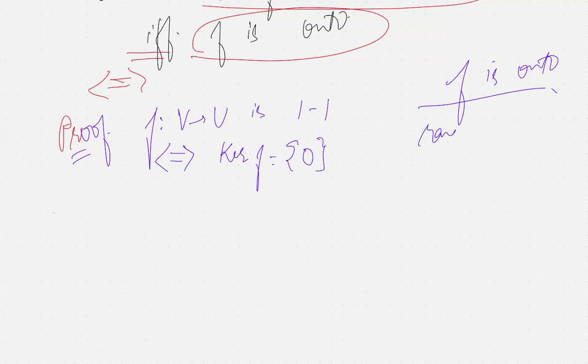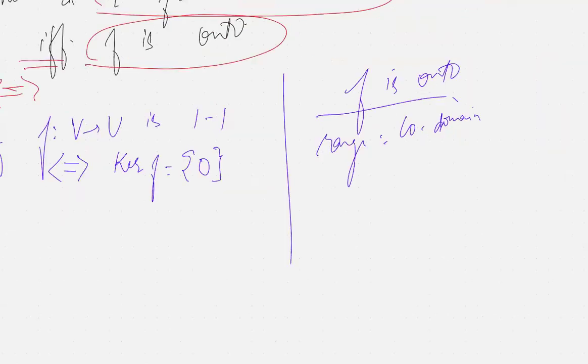Range is equal to codomain. What is the range over here? The range is F of V. And what is the codomain? U. So we will have to prove both of these equal. For proving these equal, if we prove that dimension of F of V is equal to dimension of U,